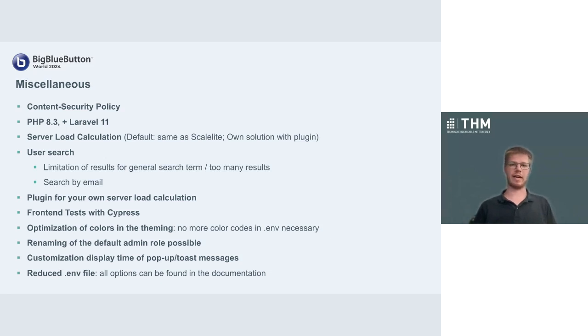We added a small plugin architecture so you can override this feature. We added some Cypress end-to-end tests, so it's testing the whole system. We simplified the theming and a few other customization things, and reduced the complexity of the configuration of PILOS